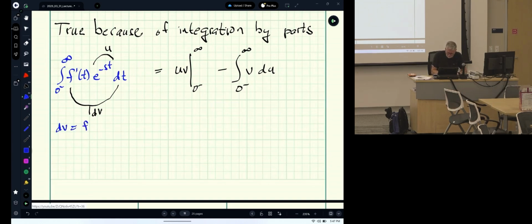If dv is f prime of t dt, that implies v is just f of t. If u equals e to the minus st, du is, the coefficient comes down,